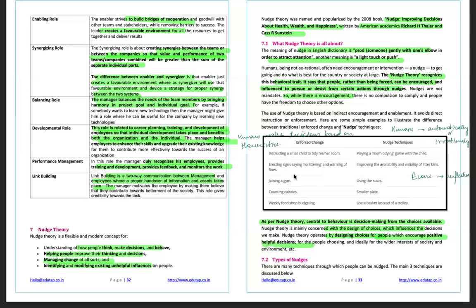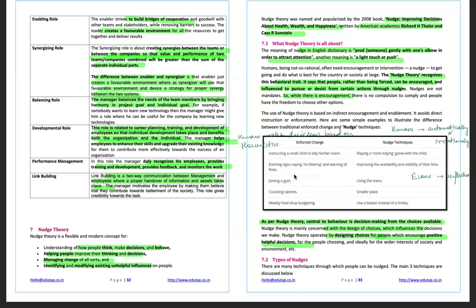Developmental role. This role is related to career planning, training, and development of employees so that individual development takes place and benefits both the organization and the individual. So the manager helps employees to enhance their skills and upgrade their existing knowledge. Performance management. In this role, the manager duly recognizes his employees, provides training and development, provides feedback and monitors the work. And link building: it is a two-way communication between management and employees where a proper handover